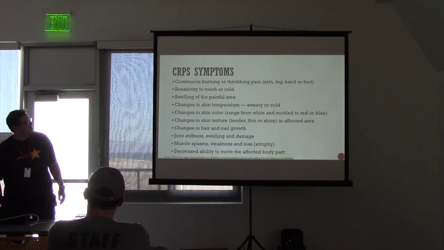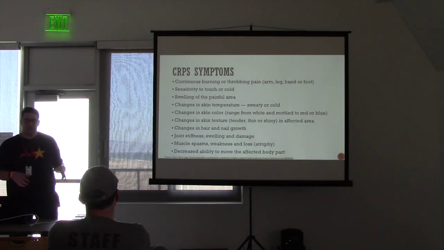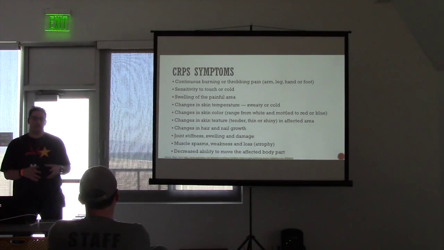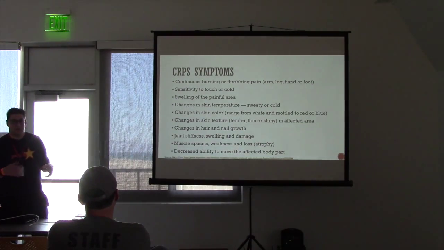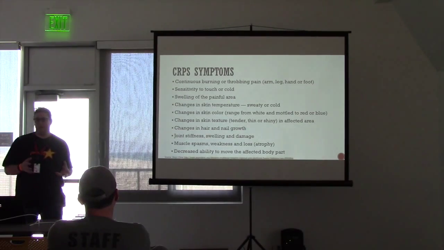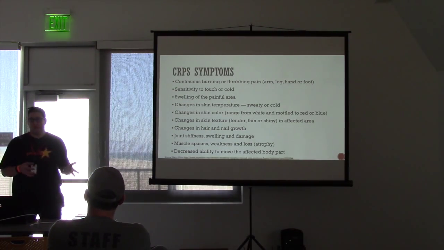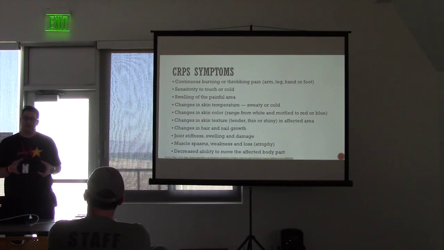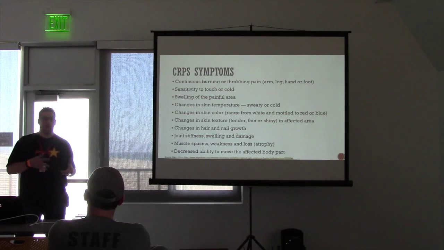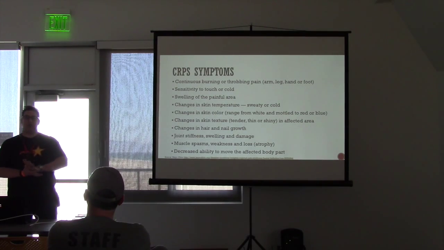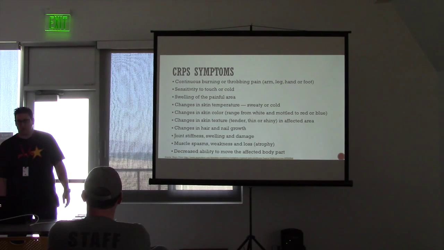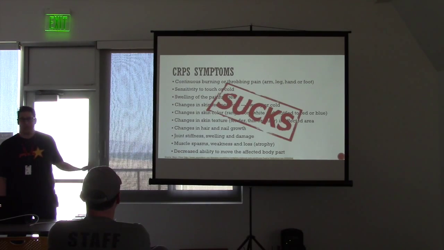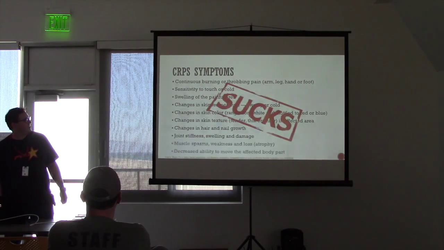And so essentially it's changes in the muscle tone, the color of the skin changes, the actual muscles atrophy. It's usually in hand, foot, or limbs. In my wife's case, it was a foot, which means since you're walking all the time, the range of motion goes away. So she almost walks like a peg leg because she can't bend her ankle where the damage happened, which causes even more pain up the leg. This is a security conference, not a medical conference, so I'll basically say it sucks, and that's all you really need to know about it.